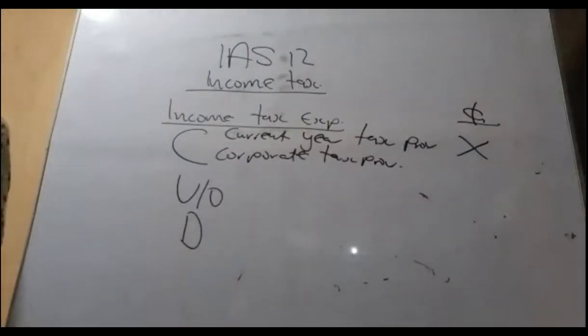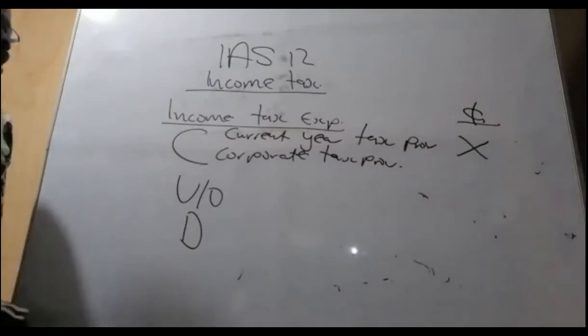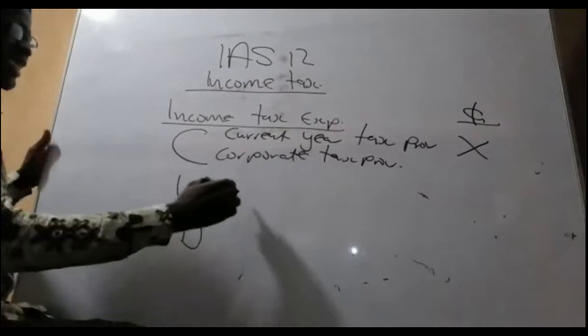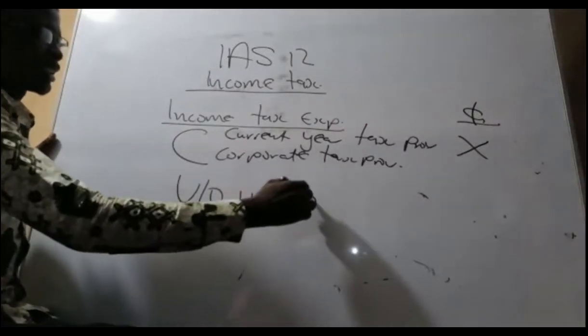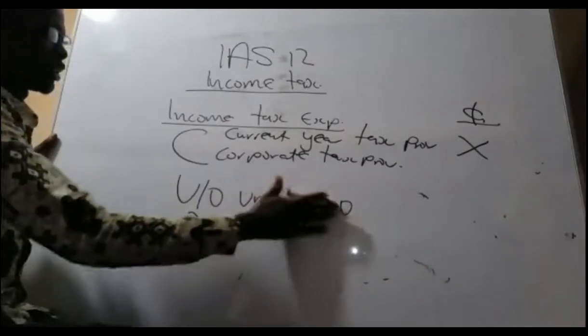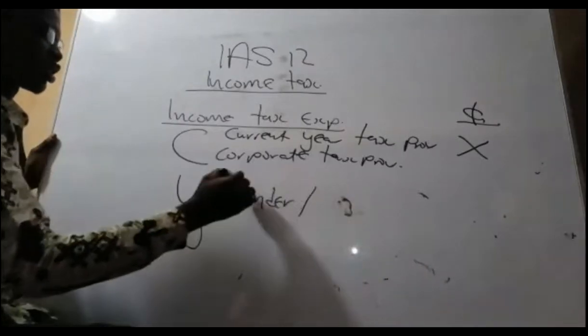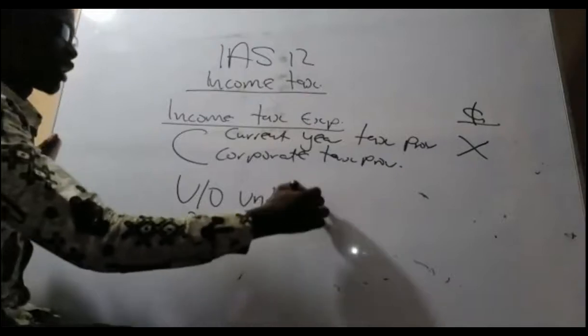That's another name for it. Then the U, or the O, is under or over tax provision. Under or what? Over. So let's say under slash over